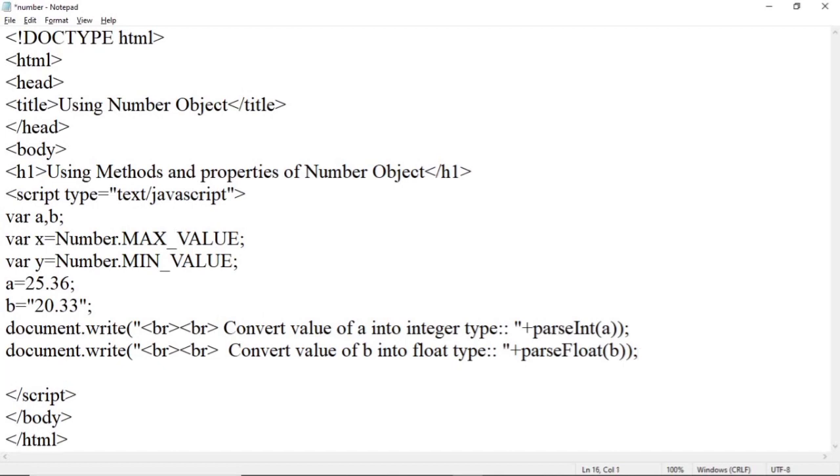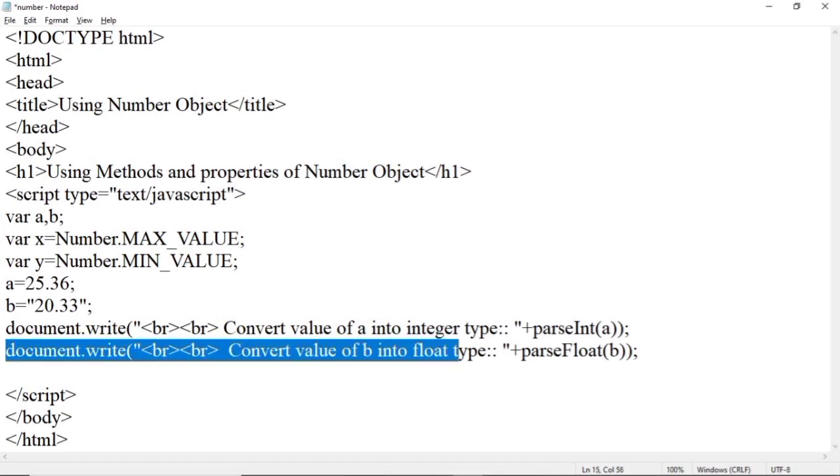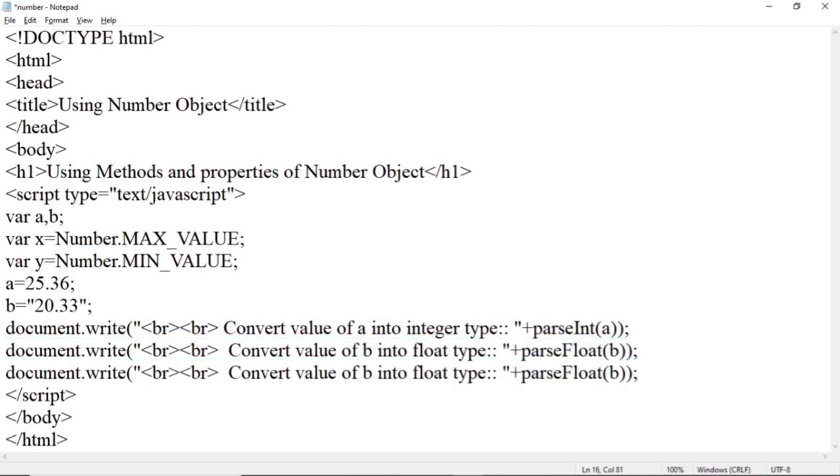Now to print the value of x, which contains a maximum value, let us first of all copy this statement. Here we have to write any message.